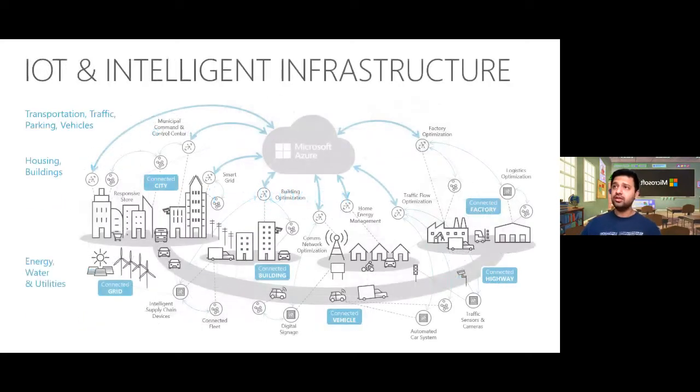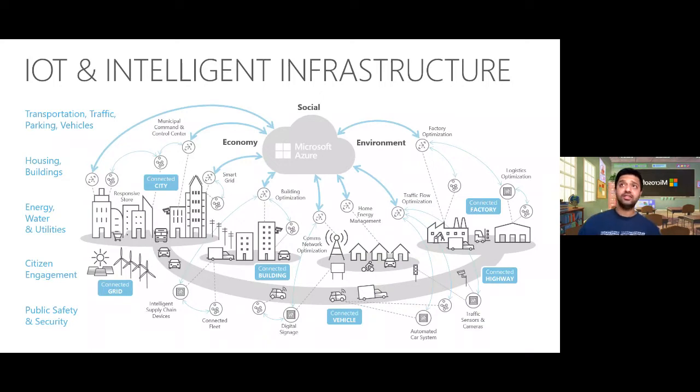A few of those scenarios are highlighted on this slide. If we take a city, for example, some of the things we can do from those enhanced devices being connected online is ensure effective traffic management and also modernize parking. Rather than having meters in the streets, we can actually use cognitive services and image feeds to manage that better. In housing, there are a lot of discussions and work going on when it comes to smart buildings.